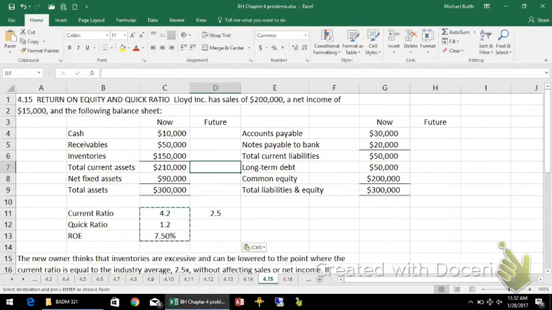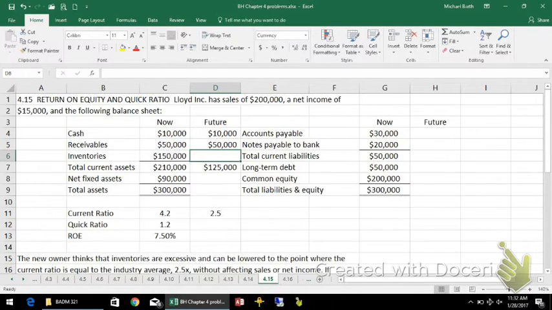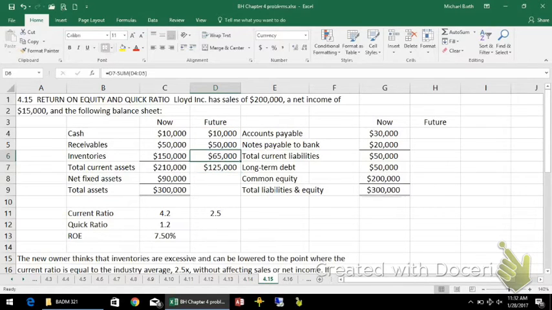Which means that the current assets would be equal to 50,000 times 2.5. So that'll be the grand total. They're not going to change anything up here. That's still going to be 10,000, and that's still going to be 50,000. So the inventory would have to be reduced to 65,000. And if they do that, without changing any of these numbers,